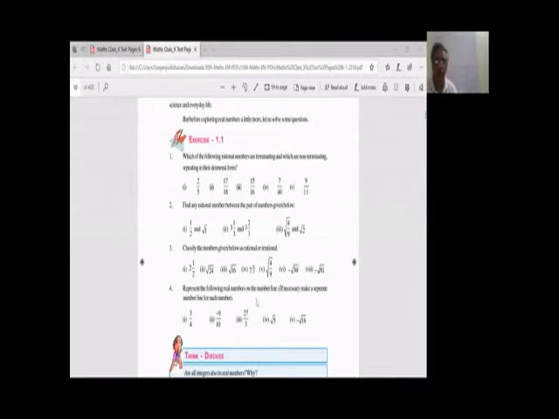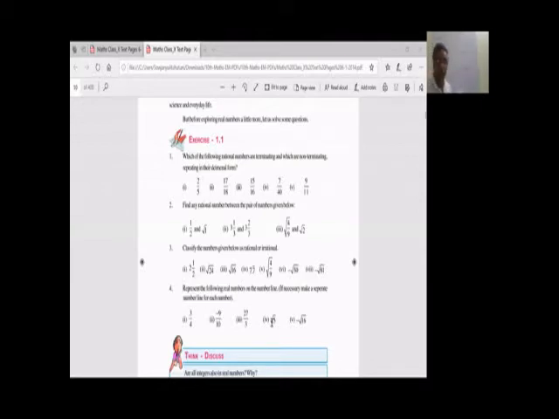We put the following numbers on the number line. Suppose I want to put minus 9 by 10. I am taking this example. Minus 9 by 10. This is 0. This is 1. So minus 9 by 10 is minus 0.9. Minus 0.9, 0.1, 0.2, 0.5. This is on the minus side. So minus 9 by 10 is this on the number line.